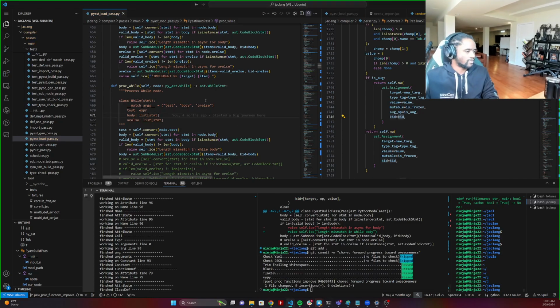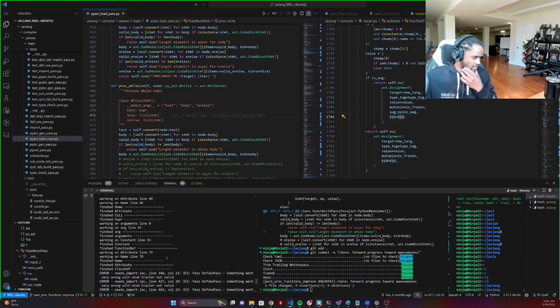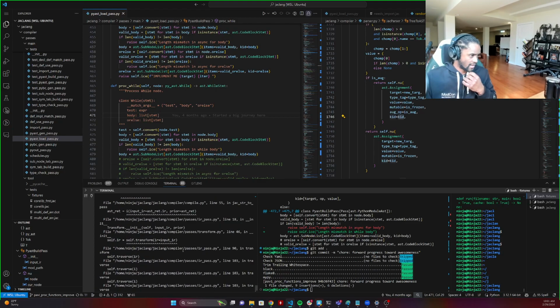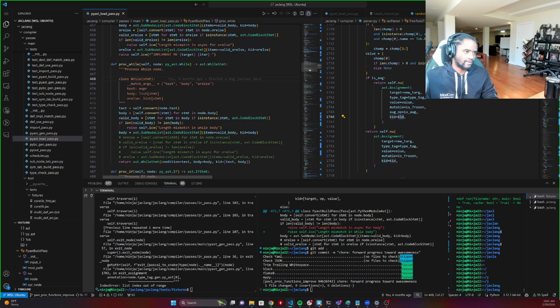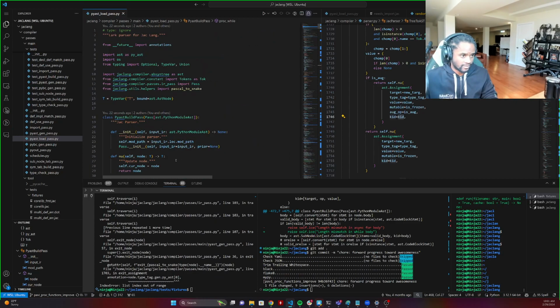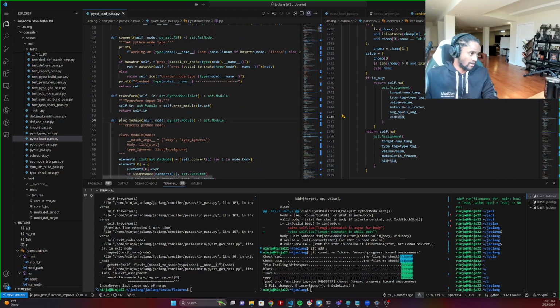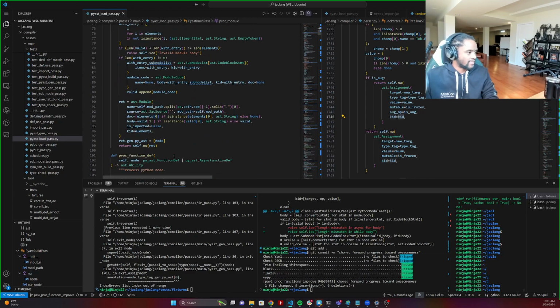Okay, so let's just keep going. Should we do circle too? The one thing I'd be very curious of doing is when this is done, there's this stuff that I do that validates that the AST is legit. So yeah, it happens after all these imports happen. That means that even after the circle also should pass to validate all this stuff. Yeah. There's a way we could validate before that though, right? So at the end of proc module, we have this AST node, but we could just do something like,